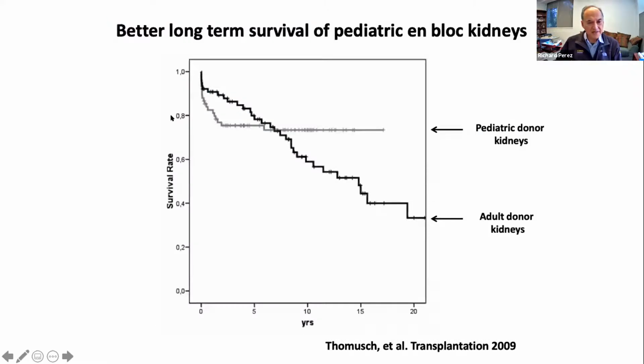And you can see here the pediatric kidneys had an early drop-off in graft survival over the first couple of years, but once they got going, they didn't stop, and you can see this. Whereas these older adult kidneys, you can see they had a gradual decrease in graft survival. As we know, this is the case for all adult kidneys, whether it's deceased donor or living donor, they have a gradual decrease in graft survival over